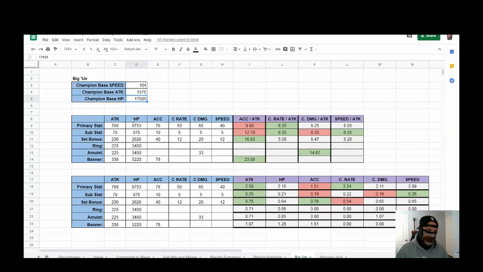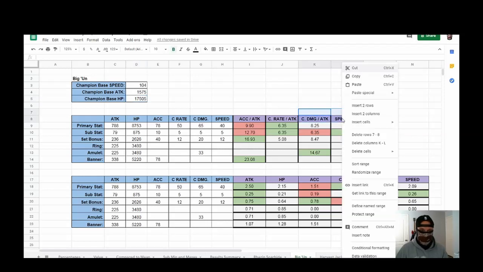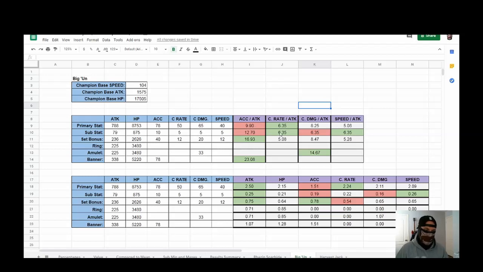All right, so what this is looking at is basically comparing these other stats, accuracy, crit rate, crit damage, and speed with attack. Okay, what this table at the top, all this over here, sorry, let me just introduce this first. All of this over here on the left side is just the stats that you get from each different slot. Okay, so primary stat would be from like chest, boots, gloves kind of thing, substat, set bonus, ring, amulet,